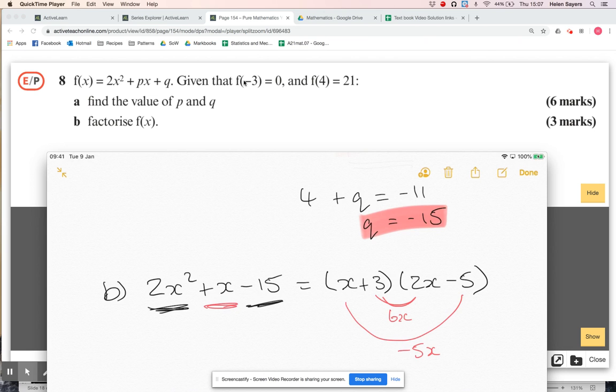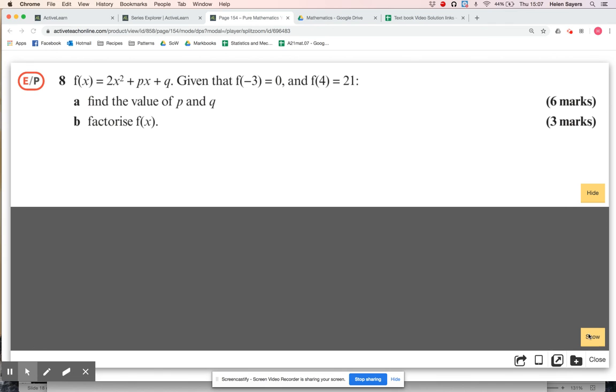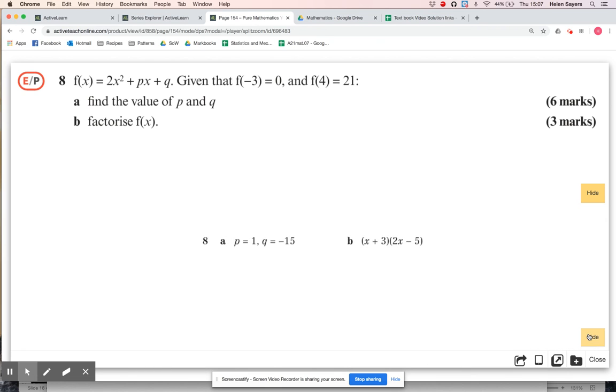Okay, so the only thing I'm going to add to that, just to be on the safe side, because it is worth 3 marks, is I'm going to do a final line where I just clearly say f of x is x plus 3 times 2x minus 5. Okay, that's not too bad for 3 marks. Let's just check that. x plus 3 times 2x minus